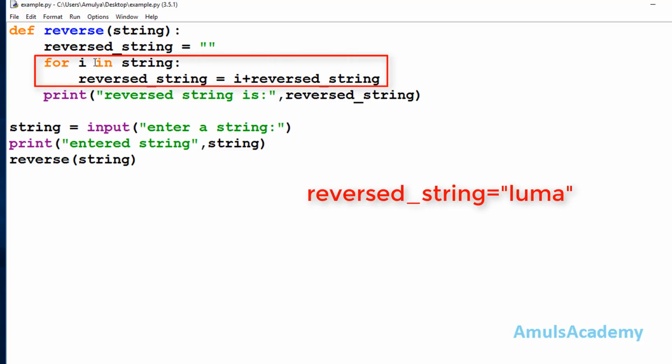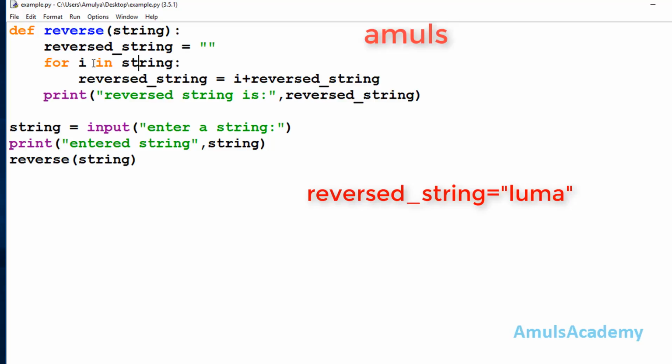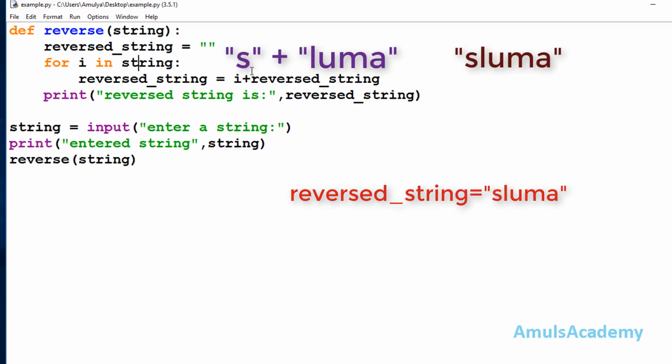Again control goes to the for loop body. The i value becomes S, and it will come to the for loop body, where i is S and reverse string is LUMA. So it will concatenate that and we'll get SLUMA. That is the reverse string of Amul's. It will store that in the reverse string.